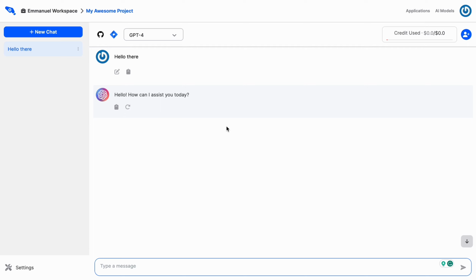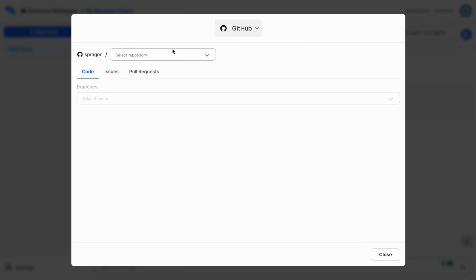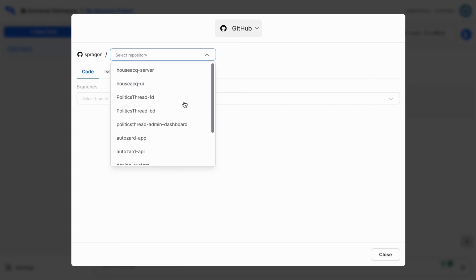The next is if you want to, for instance, use your GitHub and your Jira. So what can I do? You click on the GitHub, and you see a mini interface that looks like GitHub where you can select a repository, you can check issues, you can check pull requests. So let's say I select a repository, say I select Autozard app,